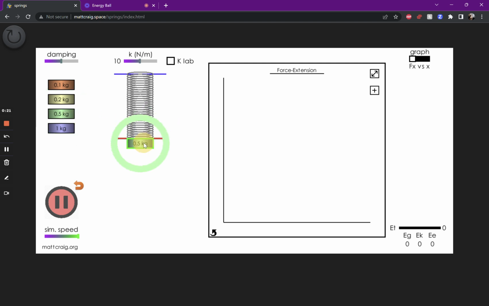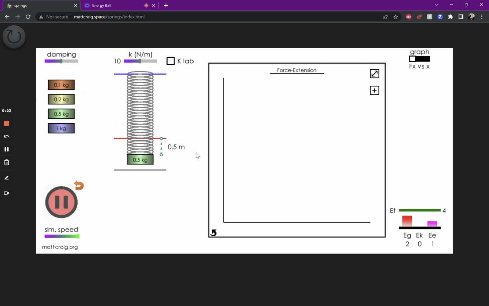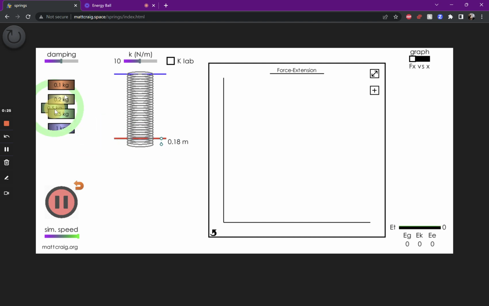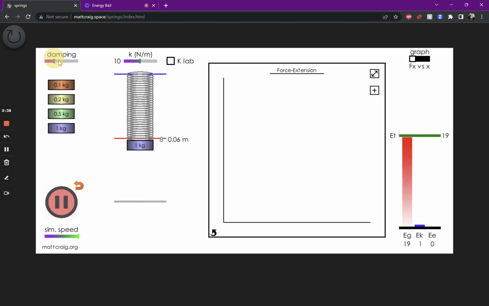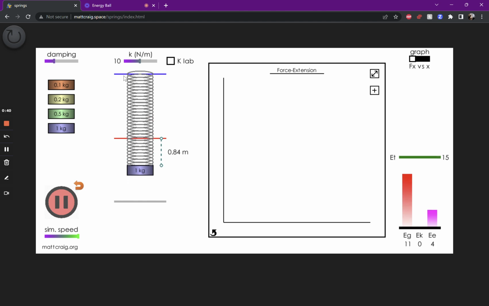You can click and drag any of these weights, and they'll just go onto the end of the spring. You can adjust the damping too. If you have zero damping, I'll just reset it to stop it moving. If you have zero damping, though, it's just going to move up and down forever, which is great for showing periodic motion, which my simulation can also do, but we'll get to that. So I'm going to add a little bit of damping here, so it'll actually slow down and reach some new